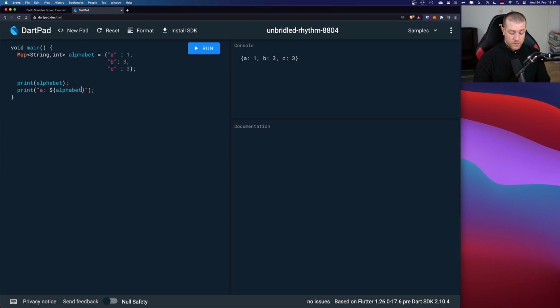And then now these brackets, and you have to put the key in there. So our key is a string, and we say our first key should be A. Okay, so if I run this,